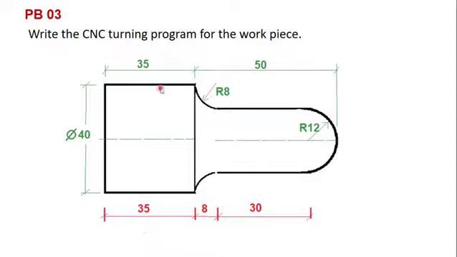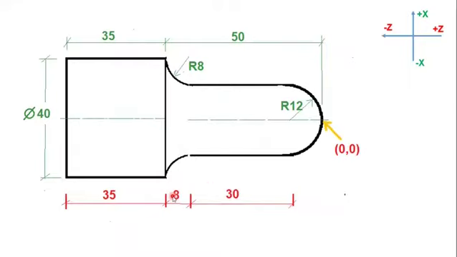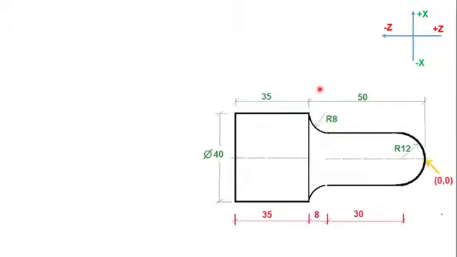At this position we can hold it in a chuck, and then we have to define 0 0. That is very important. So this is my 0 0. The tool will come from the top, so anything above is plus, Z plus, Z minus. So how to start? Let's start the problem. As we know, the tool will be coming from the upper side. First we have defined 0 0 here at this point. X is 0, Z is 0.